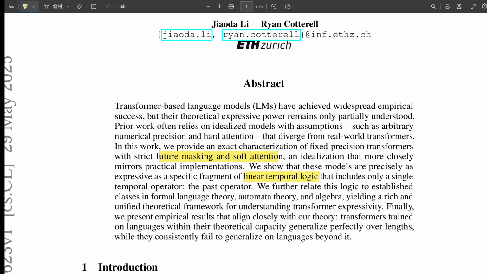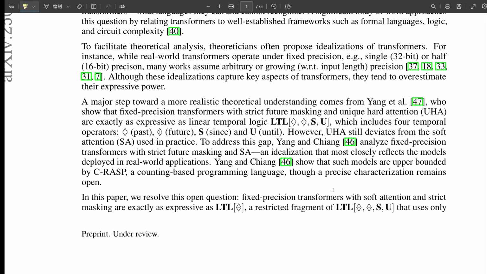Right, LTL is linear temporal logic. It's a way to talk about properties of sequences over time. The crucial part here is the ◇, the diamond symbol, usually means eventually or at some point. The minus sign restricts it to the past. So ◇⁻φ means formula phi was true at some point in the past. So LTL[◇⁻] is a logic that can only make claims about what has already happened in the sequence relative to the current position. Precisely. It can say things like, we saw an A sometime before this point, or every single